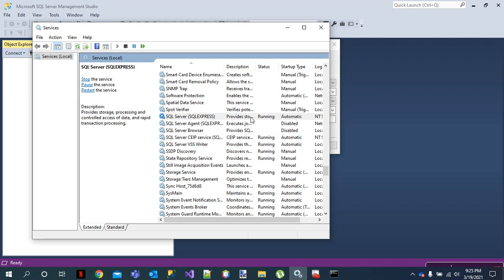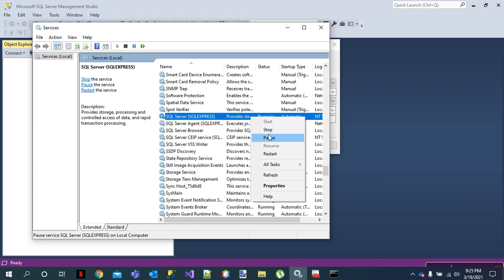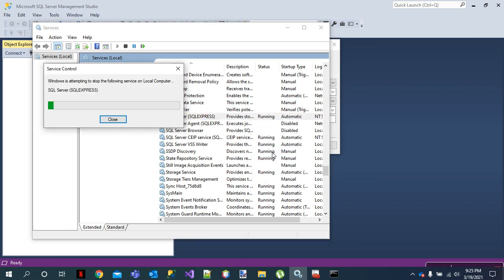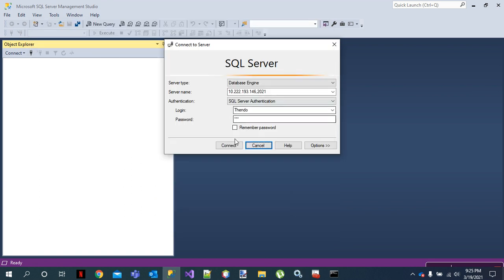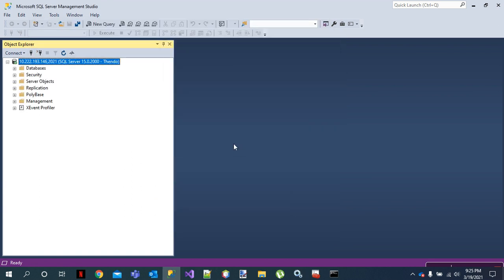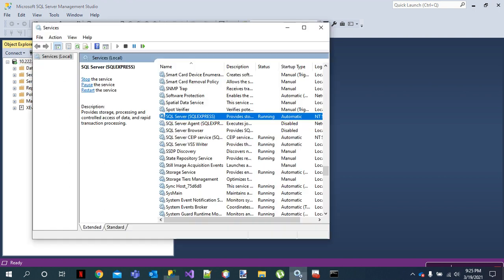So let's come here on SQL services and just hit restart on the services. This will again affect the changes. So if I press connect now, there we go, it has now connected, right? So I've restarted the service to make sure that all the changes I've been making are in effect.